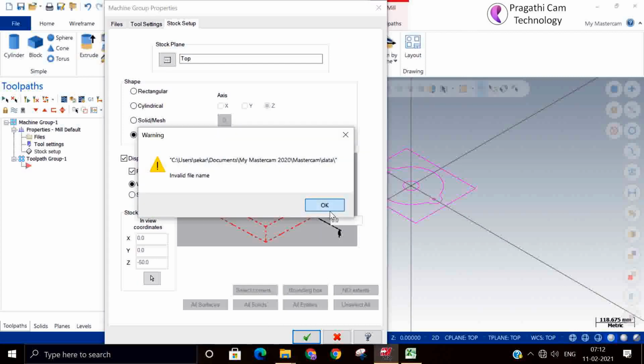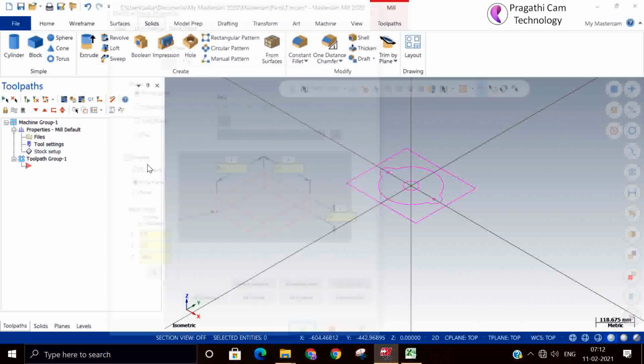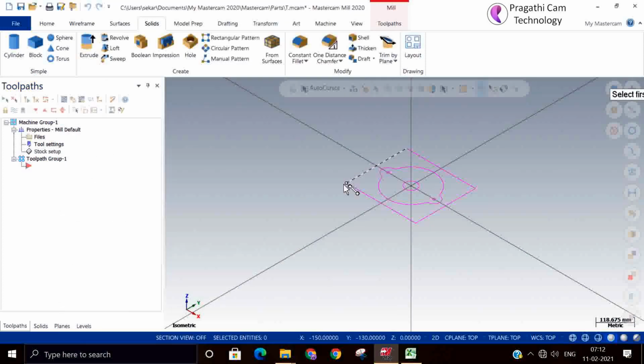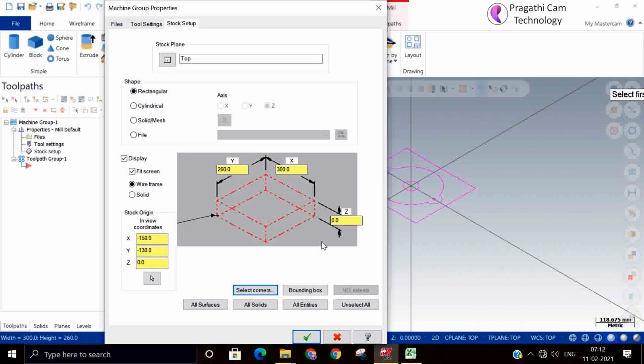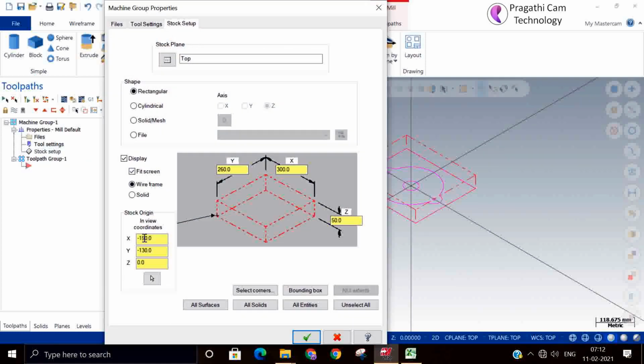So now we have seen all about the stock setup, how best we can make the stock setup. We'll make one small example and then we'll close this.